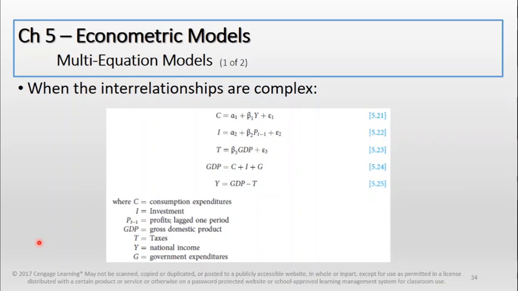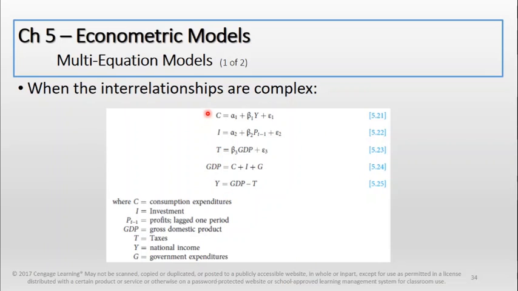Although in many cases single-equation models may accurately specify the relationship being examined, frequently the interrelationships may be so complex that a system of several equations becomes necessary. This can be illustrated by examining a simple model of the national economy. In this example, C is consumption expenditure, I is investments, T refers to taxes, GDP is of course gross domestic product, and Y is the government expenditures. As you can see here,